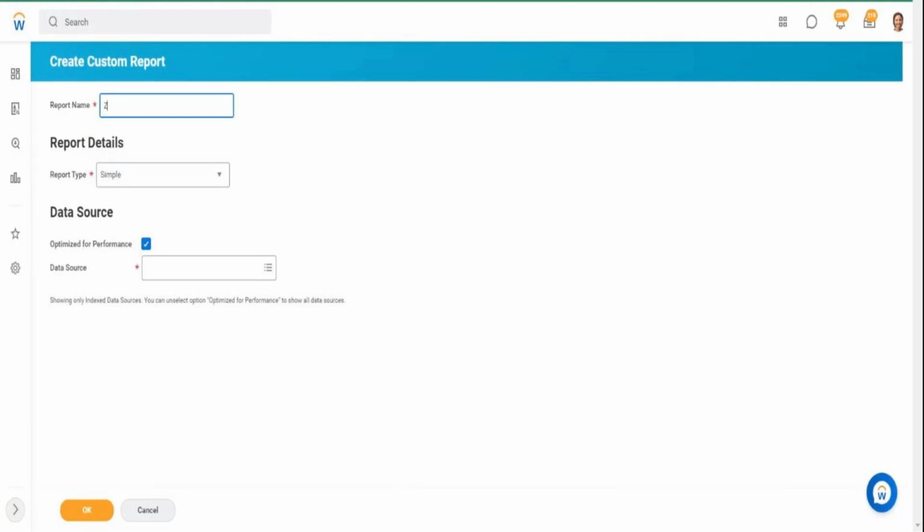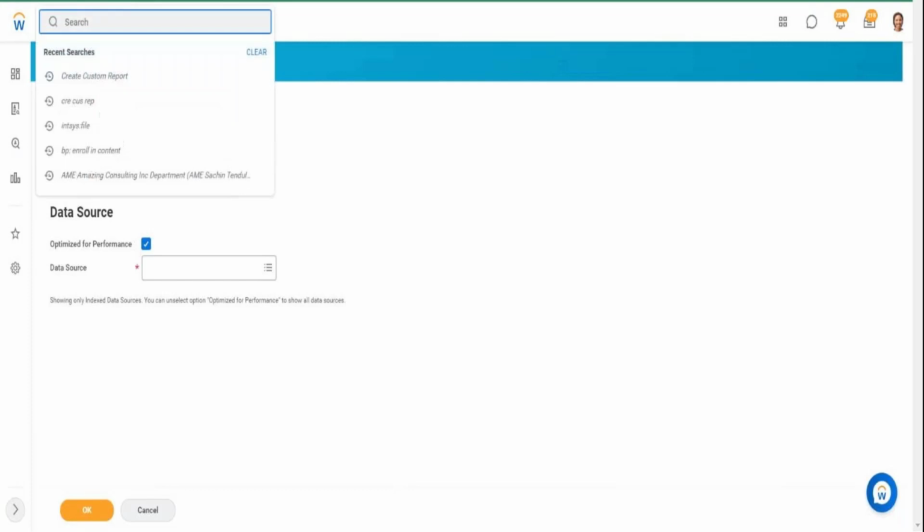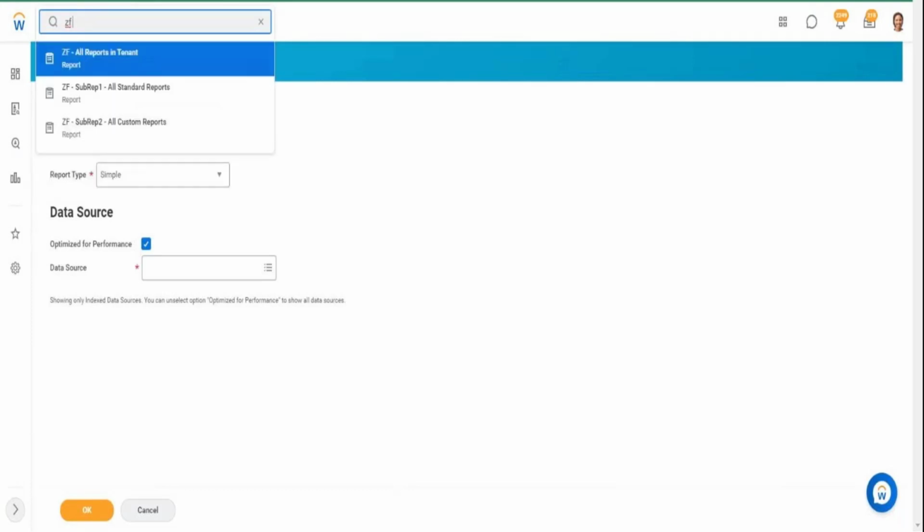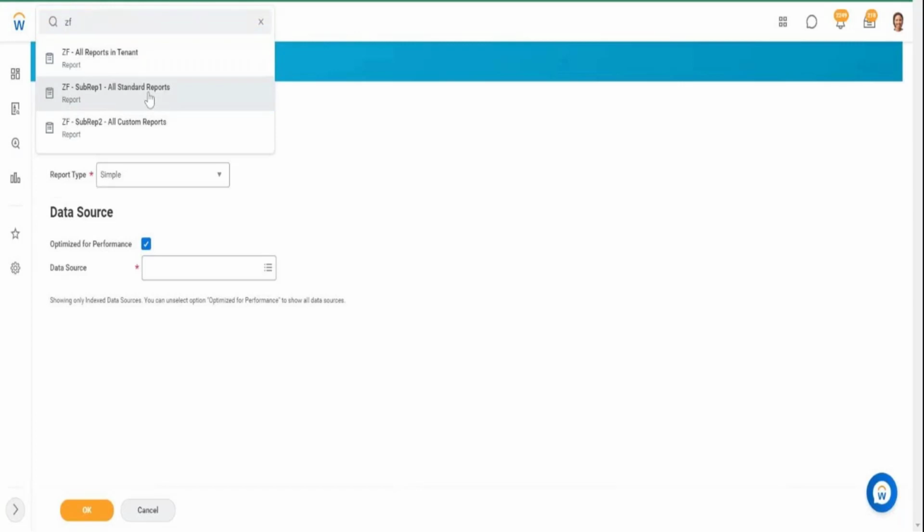Okay, so what I'll do is ZF. This is sub report 1, and I think I have this created already. Yeah, so what I've done is I have created two reports. One is this one, sub report 1, right? Yes. Okay. And this basically gives me a list of all the standard reports available in the tenant along with the total. If I go to the report definition real quick,